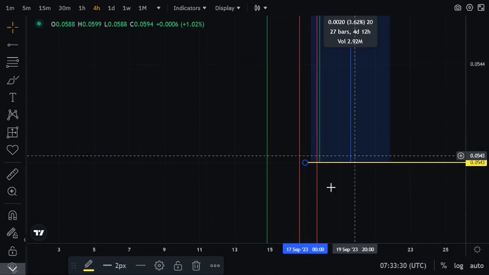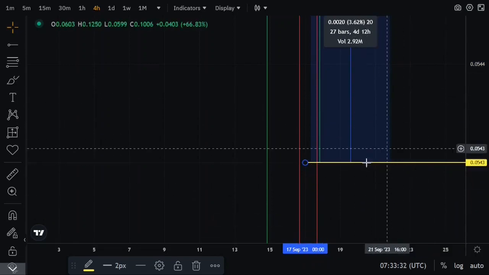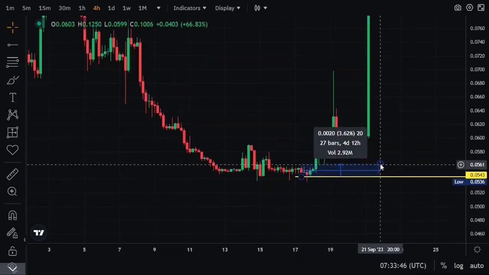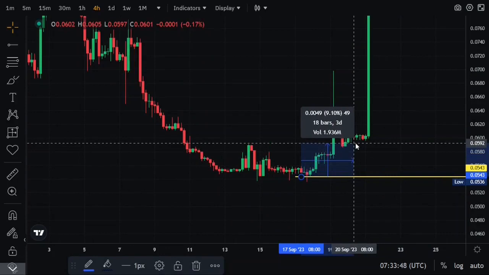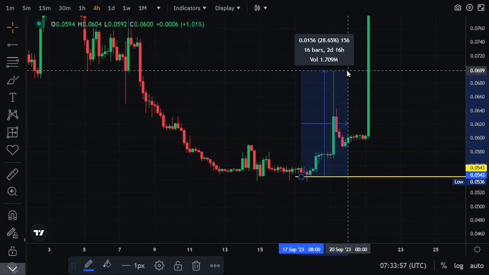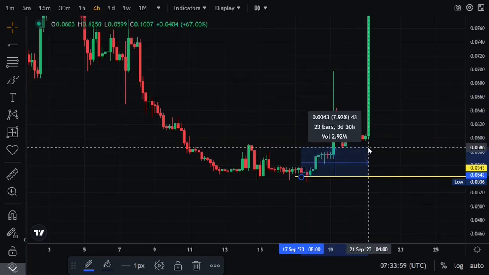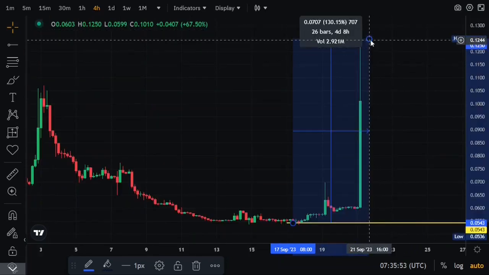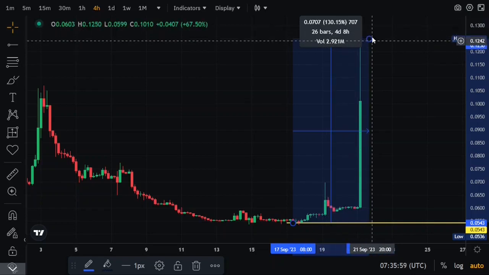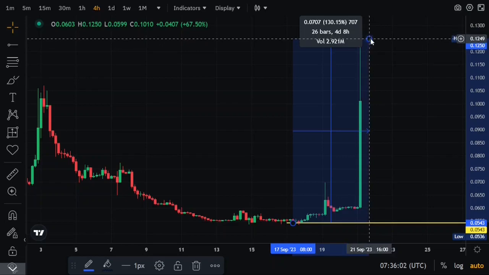And then use the yellow horizontal line to indicate the lowest price of the green candlestick bullish trend starter. And from the lowest price of the green candlestick bullish trend starter, the price action of the STAT USDT cryptocurrency pair bounced up by 28.65% and then dipped down to 8.05%. And finally, the price action bounced up again by 130.15% to complete its standard cycle of a bullish trend operation at the highest price of the bullish trend, which